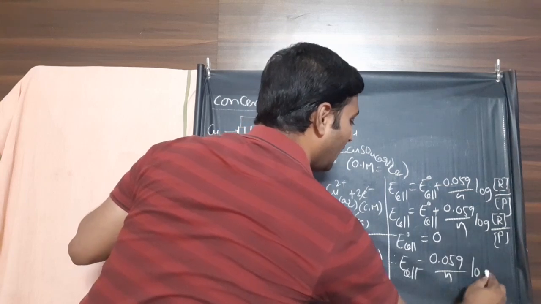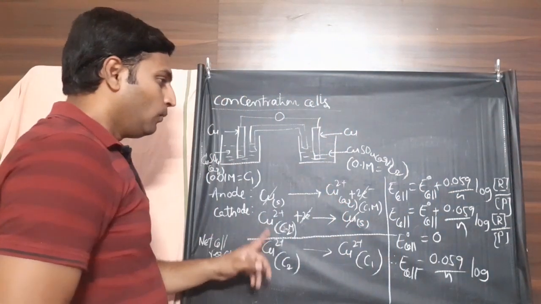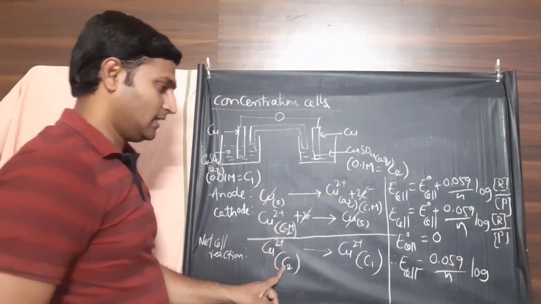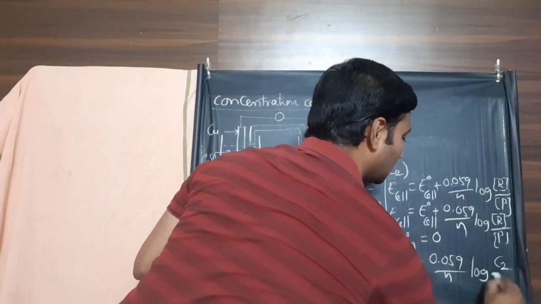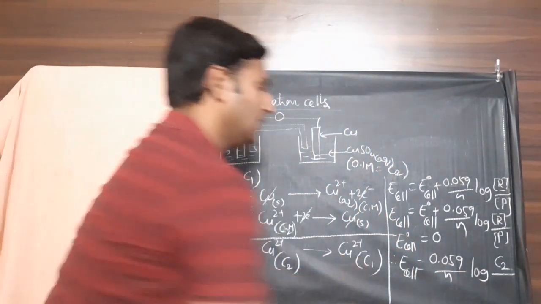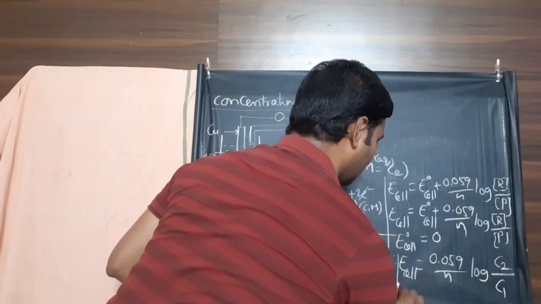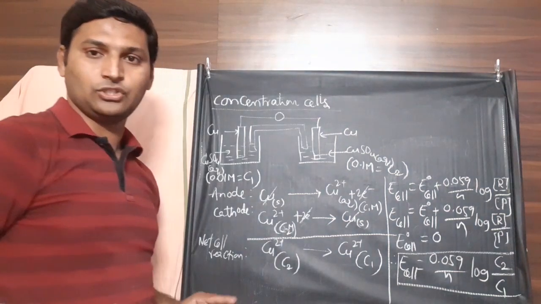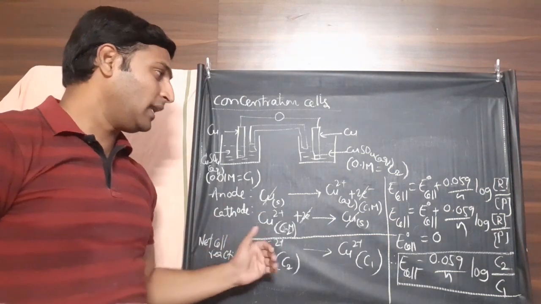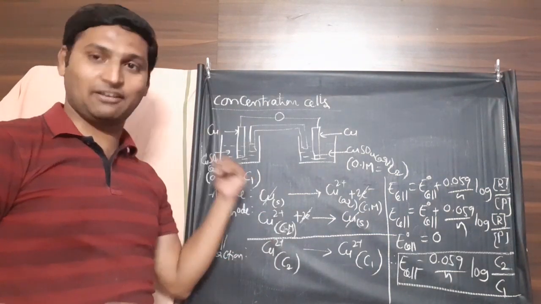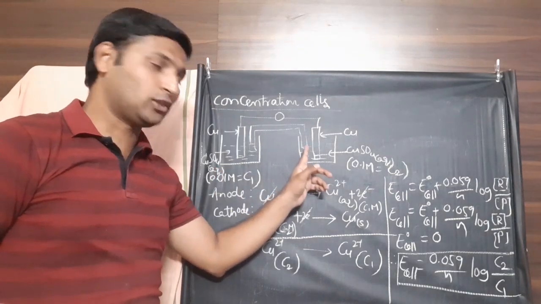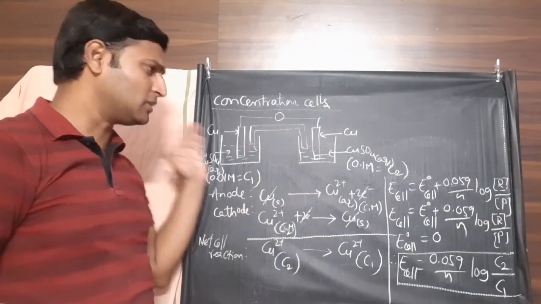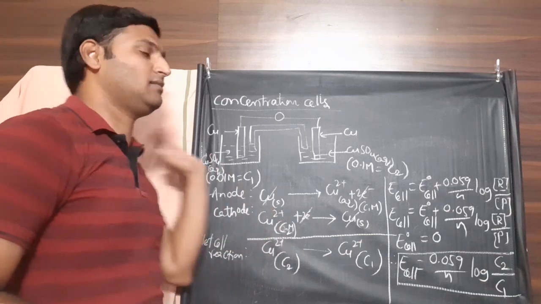0.059 by n log. What is the reactant here? A solution with C2 concentration. What is the product here? A solution with C1 concentration. So, assuming anodic concentration is C1 molar and cathodic concentration is C2 molar, because we have a habit of generally seeing things from left to right,